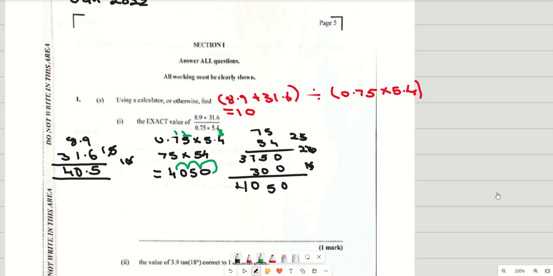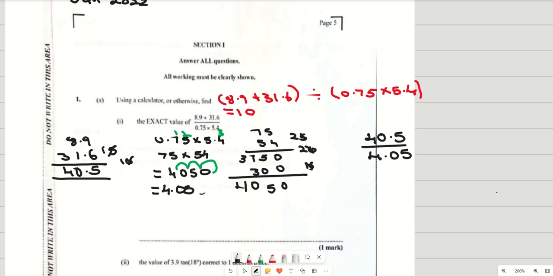So when you are multiplying, you're going to get 4.05. You can put the 0 at the end. You don't have to. Right? That's 0.75 multiplied by 5.4. Right. So now we know the top part is 40.5, and the bottom part is